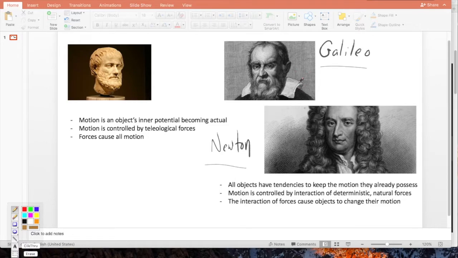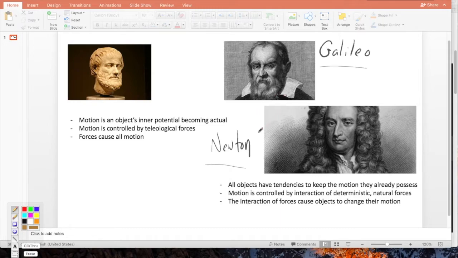Galileo has a famous experiment where he supposedly, it's kind of a myth, dropped objects off the Leaning Tower of Pisa to show that they would fall at the same rate. We'll talk about that. That has to do with gravity. And Newton is the one who's really famous for studying forces and motion in the first place. And finally, once and for all, setting down really the foundation of classical physics of this class, talking about velocity,